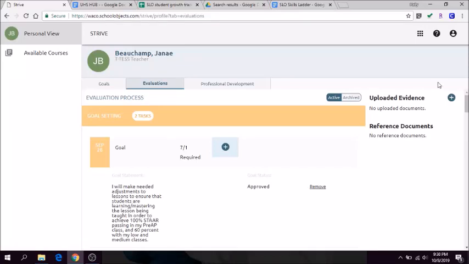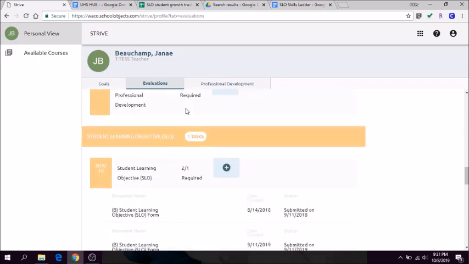Hi everyone, I'm going to walk you through the process for the student learning objectives, steps 3 and 4, that will need to be completed by November 15th in Strive. That will also need to be submitted to your T-test appraiser. So you're going to go into Strive, you're going to go into evaluations, and you will scroll down to your